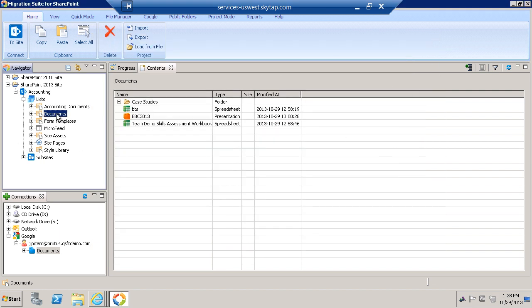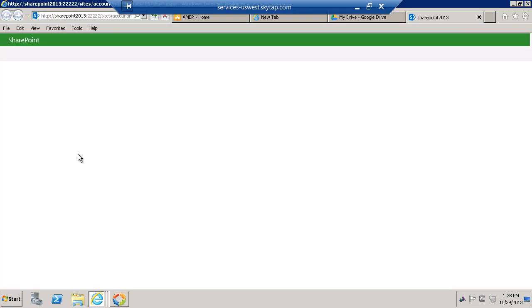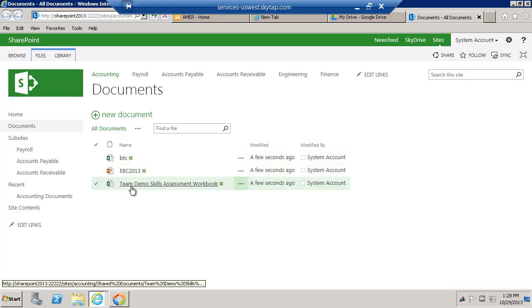And if we double click on the document library in here, or we can right click and view it in the browser, we're going to see that we have 3 documents in here, 2 of type Excel sheet and 1 of type